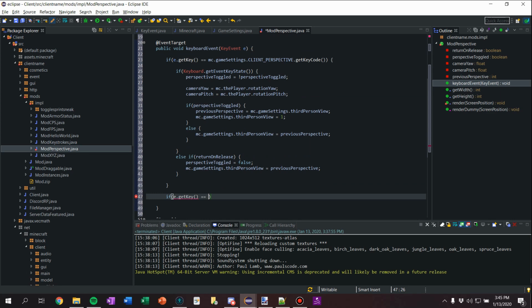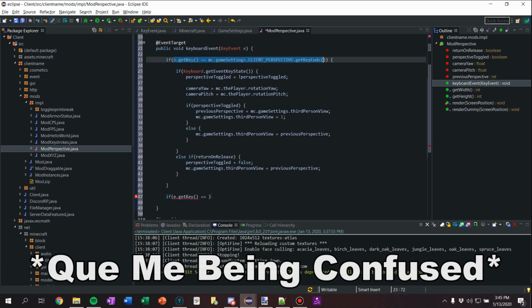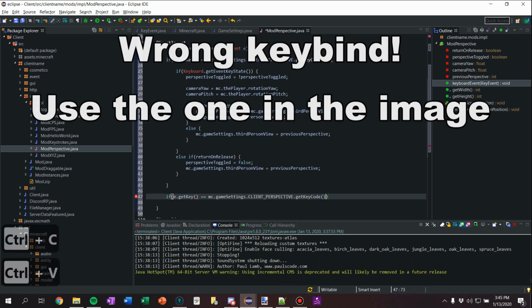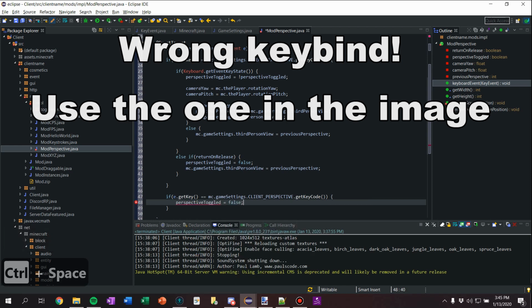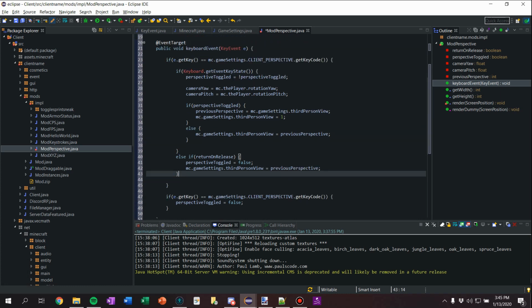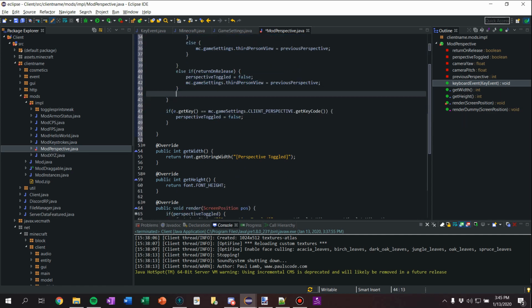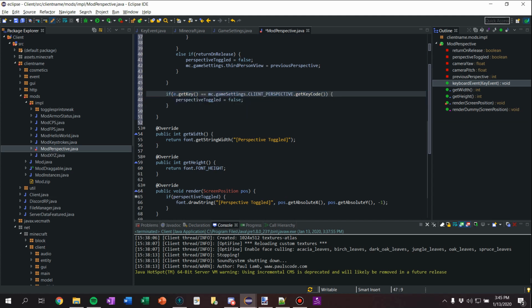So wait, hold on. Yeah, I guess I'm just going to put this at the end here. I don't know why I did it this way exactly. Perspective toggle is false. That could probably go in here now that I'm thinking about it. I wrote this a couple days ago, so I'm trying to remember why I wrote it this way. I'm going to keep it like this for now. I don't actually think this needs to be here. I think it could just be in here after that else, but anyway, we're just going to keep that there